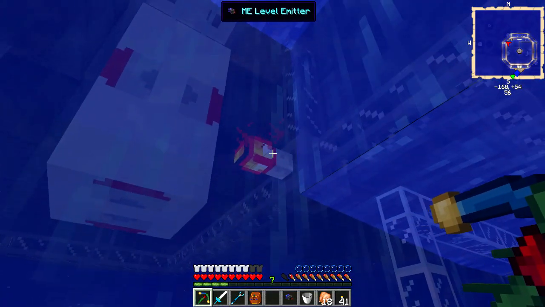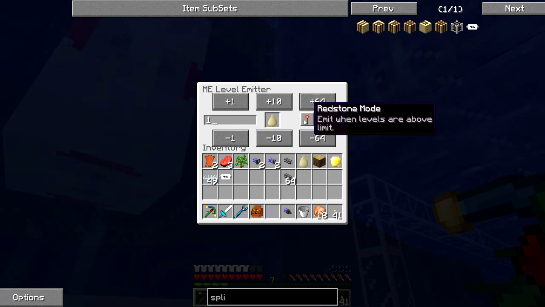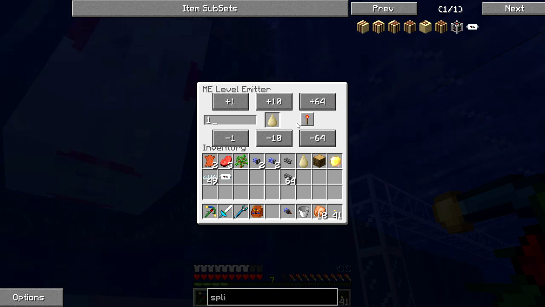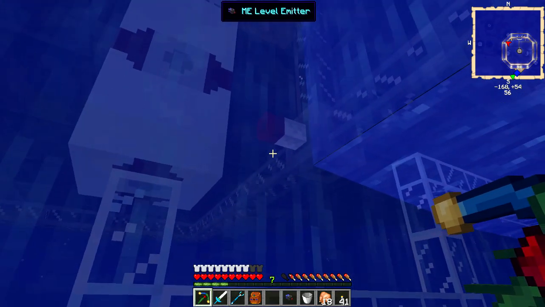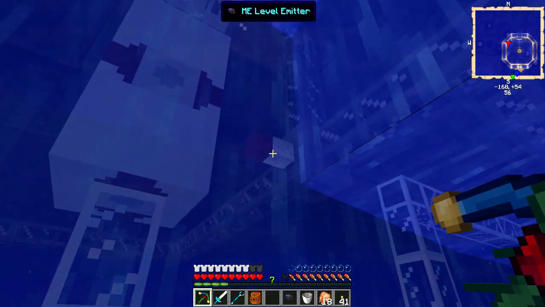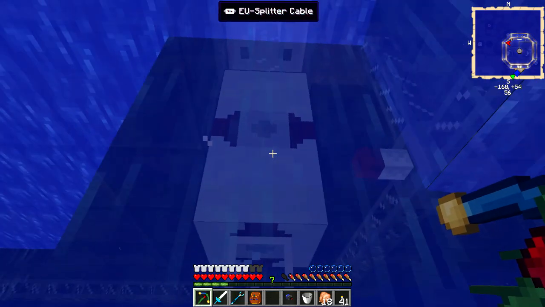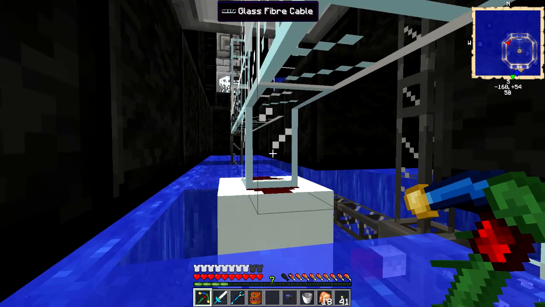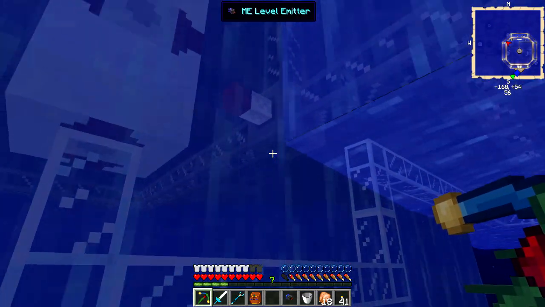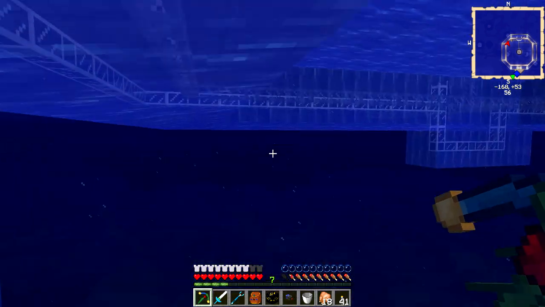And so this is our rubber farm. So what we want to say is that if there's rubber, and this is emit when redstone levels are above limit, and let's set the limit for 10,000. So that should turn that guy off. As you can see here, it connects the cable when the levels for this item are lower than 10,000, and so that should make the entire thing run. When the levels are above 10,000, this will turn on, it'll take off the splitter, and then that'll turn the